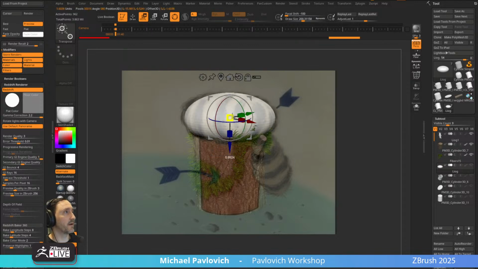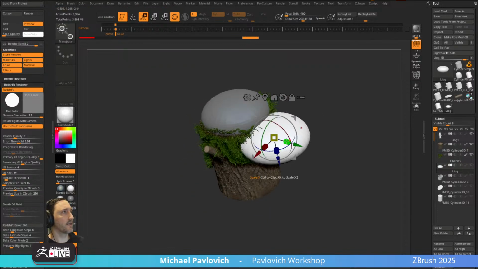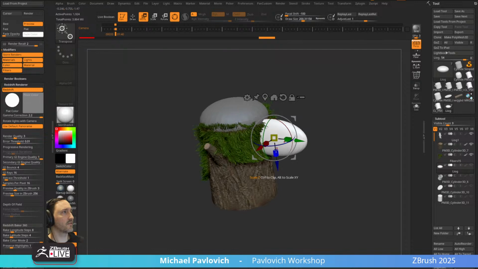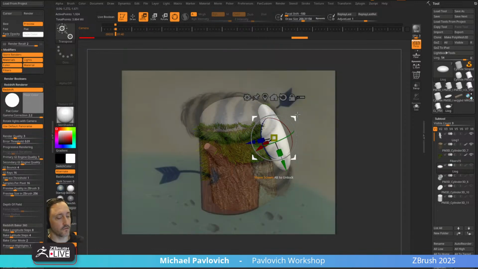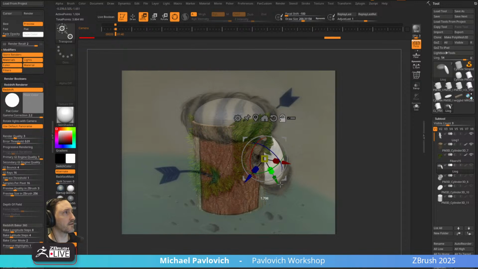We can use this as a basis. Now what I'm going to do, since I think a raccoon hat is going to be pretty long hair, I'm going to scale this down quite a bit. And then for the tail, I'm going to control drag here. I'm going to squish this like so, and we'll just put a little tail in the back here. So Shift Z, turn that back on, and then we'll move this out so you can kind of see it, and hold down Alt, and we'll kind of scale this up a little bit, scale it down,